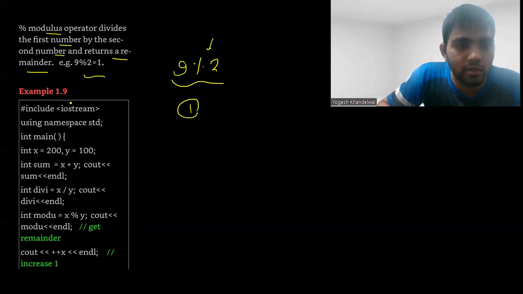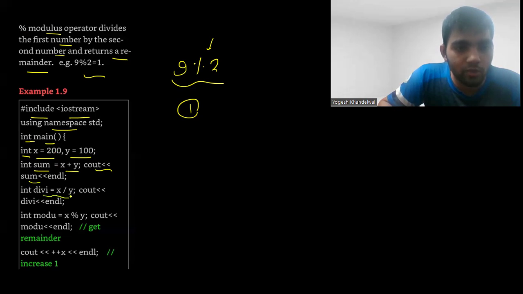So let's see one example. So this is our C++ code. Hash include iostream, using namespace std, int main, and inside this main function we are defining two integers, x is equal to 200 and y is equal to 100. Then we are defining sum is equal to x plus y. Then we are printing the sum, and then we are